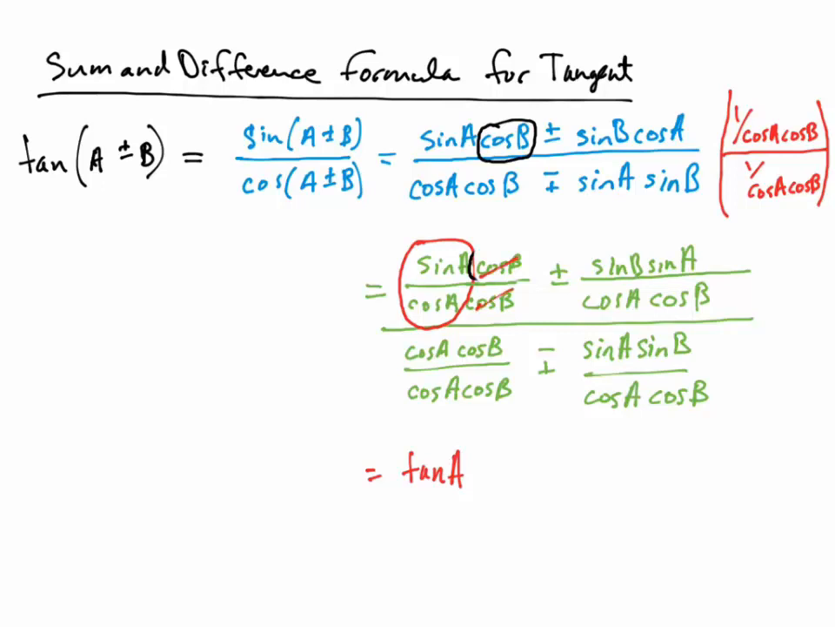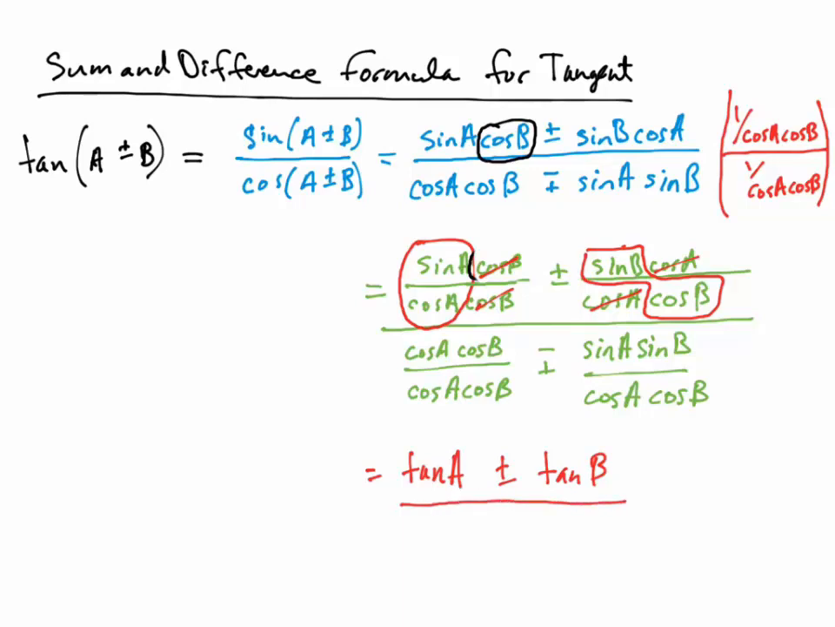So that first term we have is tangent of A plus or minus. Here we have sine B, again, I wrote that incorrectly. Okay, so sine B cosine A over cosine A cosine B. So we see that the cosine A's will cancel, and then we have sine B over cosine B. Well, that's just tangent of B